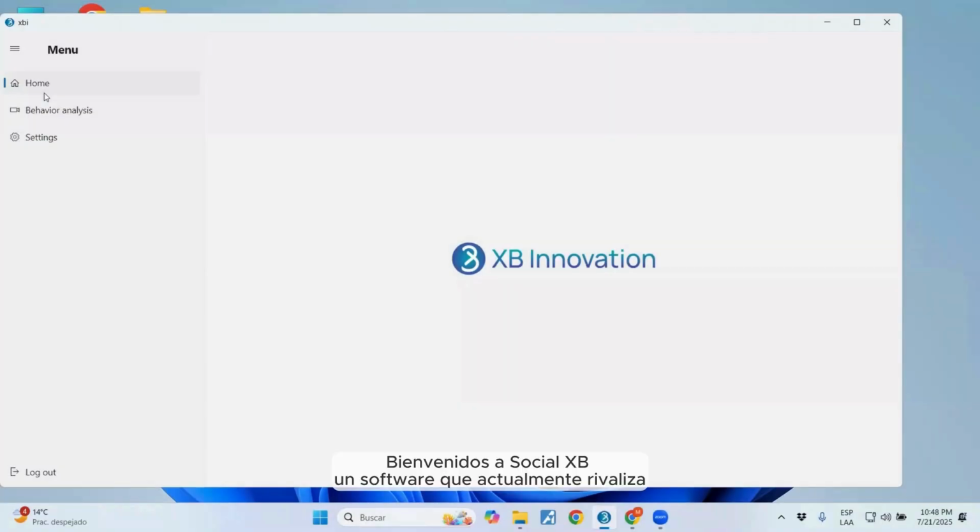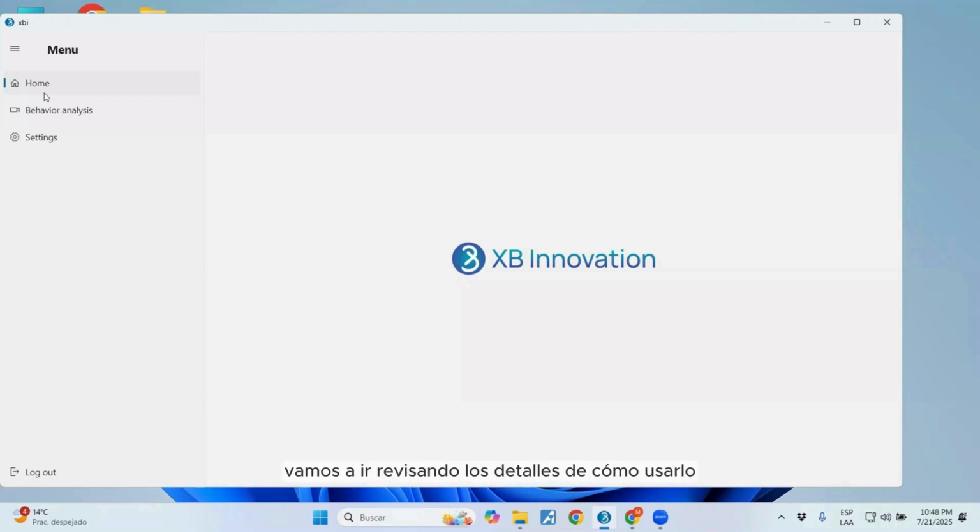Welcome to Social XP, a software that currently rivals competitors in the market. Social XP version 1 is a manual notation software, and now we're going to go through the details of how